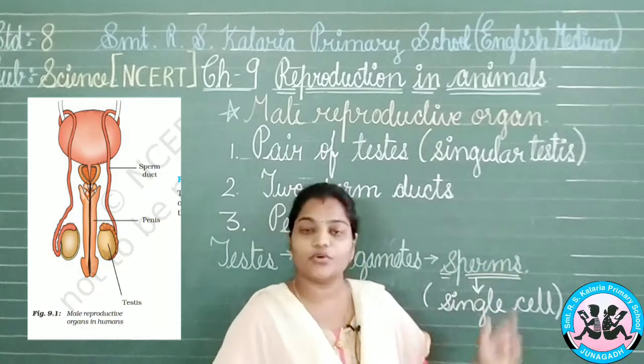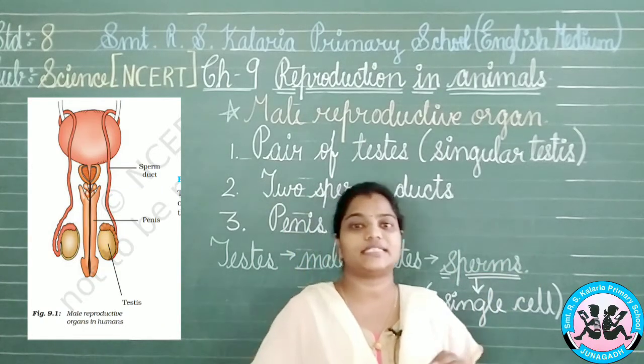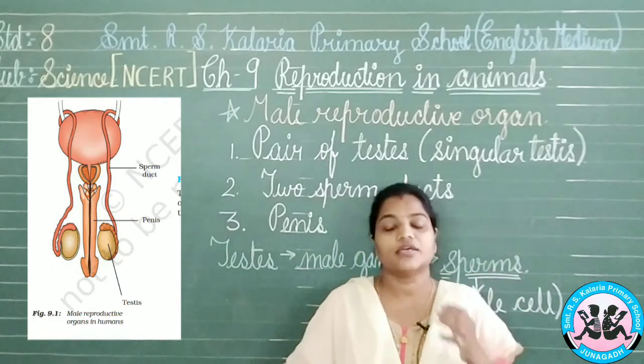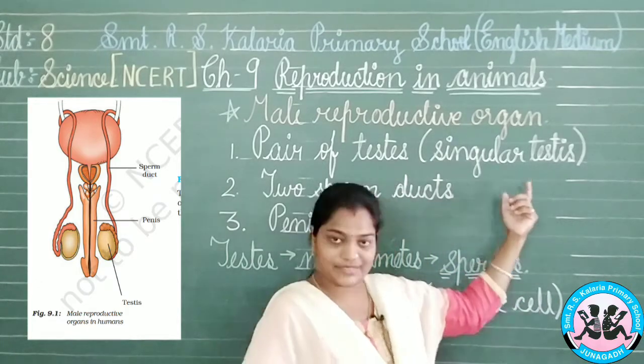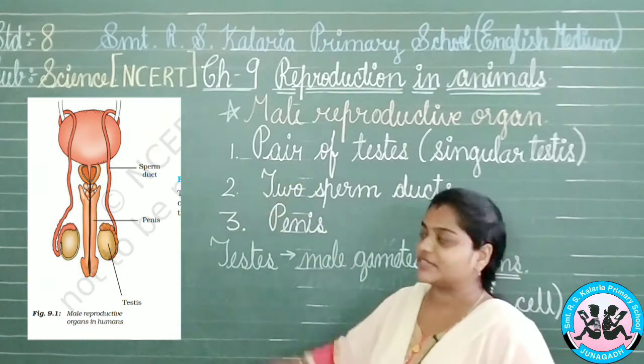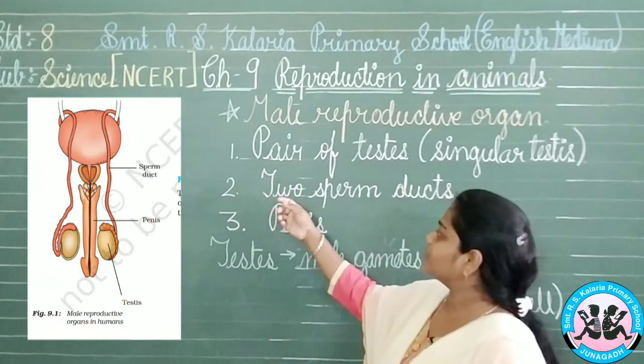Now, if it is the plural form, it is said to be testes, but if it is singular, it is testis. Okay. So, testes, testis. That's singular. Now, here we have the pair of the testes that is visible on the screen, then